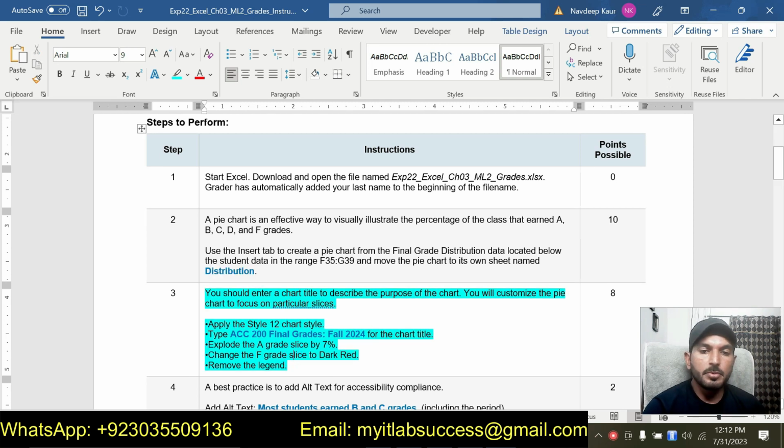Now let's do step number 3. You should enter a chart title to describe the purpose of the chart. You will customize the pie chart to focus on the particular slices. Apply the style 12 chart style. Then type